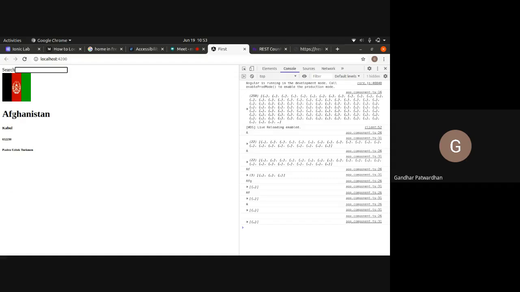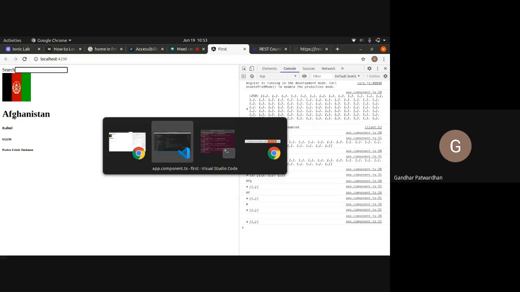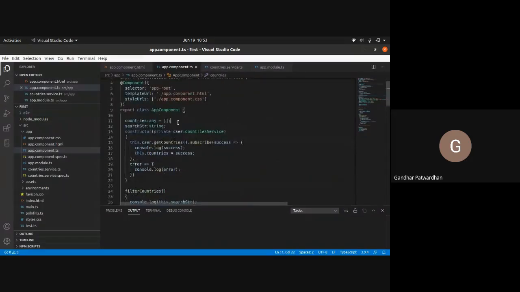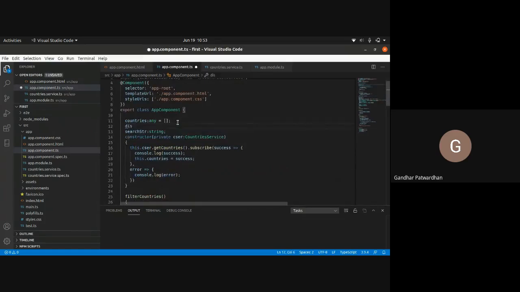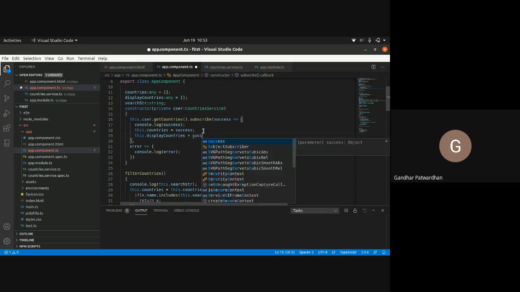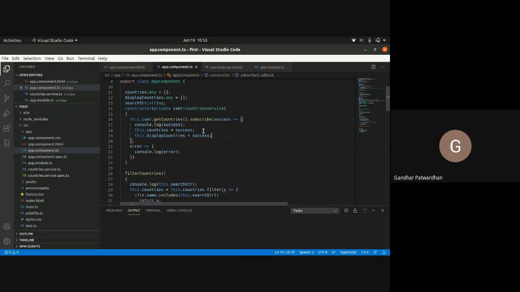To fix that, we should declare another data member. I'll call it displayCountries, colon any equals to, again, a blank array. Then here, where we got the countries, I would also say this.displayCountries equals to success. So I am having 2 arrays which have my countries right now.